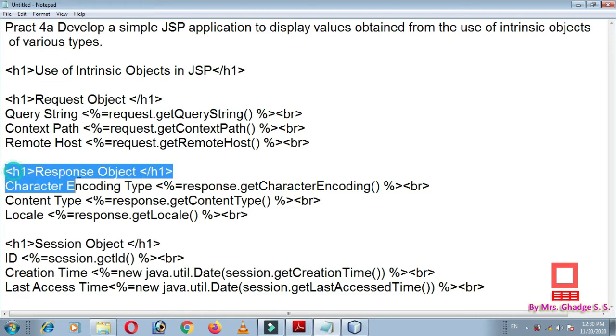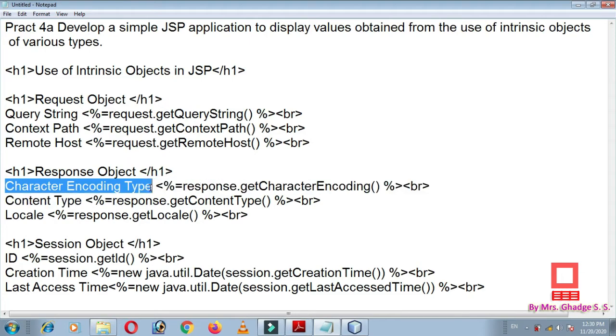Then the second object is the response object. Again, the response object is the object of the HttpServletResponse class, which is automatically provided by the JSP engine, and we are going to use this object to display the character encoding type, the content type, and the value of the locale.